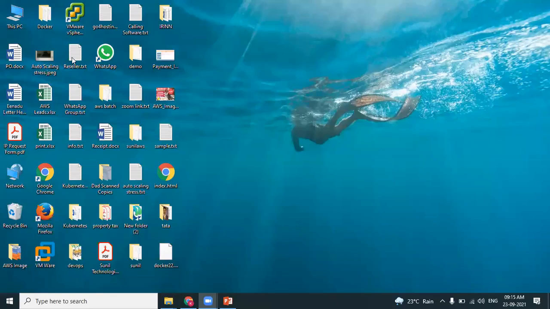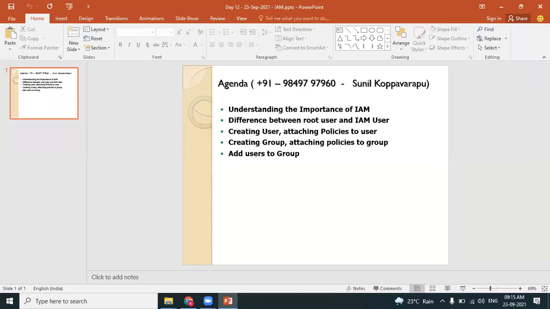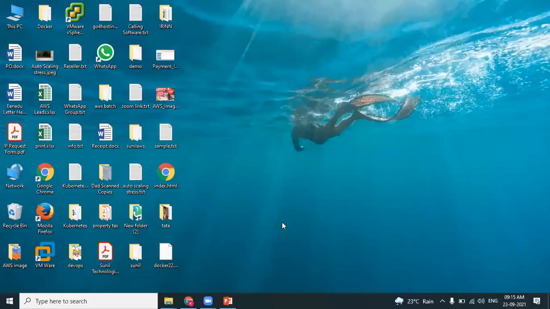So let's move on. This is our agenda as usual. We are now getting into the next service called IAM, which stands for Identity and Access Management. Before getting into Identity and Access Management,